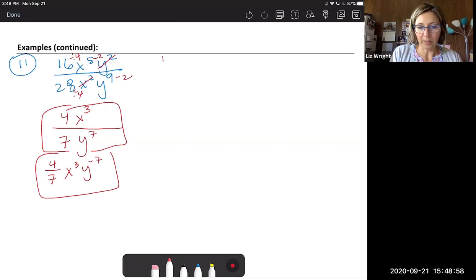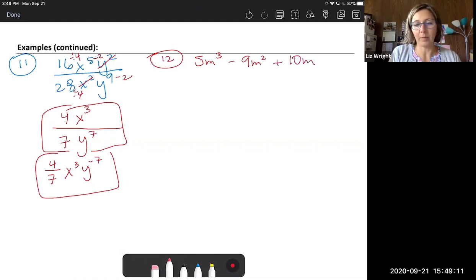So I'm going to give you another one over here. So the next one, let's say we've got 5m to the 3rd minus 9m squared plus 10m, and we're going to put that all over 5m squared. What I would like you to do, this isn't going to be too challenging, is split it up. I want you to take that first term in the numerator, and we're going to say 5m cubed all over